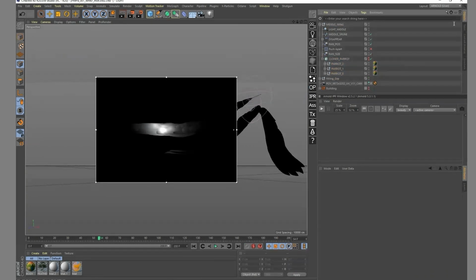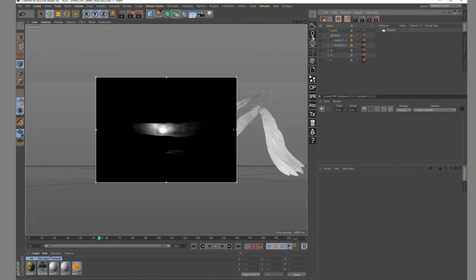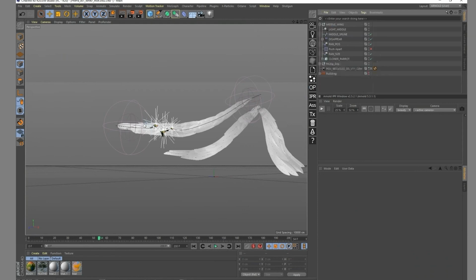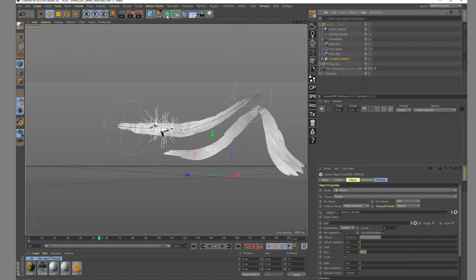And what I can do now is just going back to my main render, and I know for a fact that I will want to have some small tracer behind all of those parrots. So that's, once again, super easy to do. I'm really working on the middle wing right now, but as soon as I know that my project is working, I can just do another spline for that bottom wing and that right wing, and I will have everything already set up for that. So let's go. I want to have a tracer, so I'm gonna select my cloner. I'm gonna add right here a tracer.